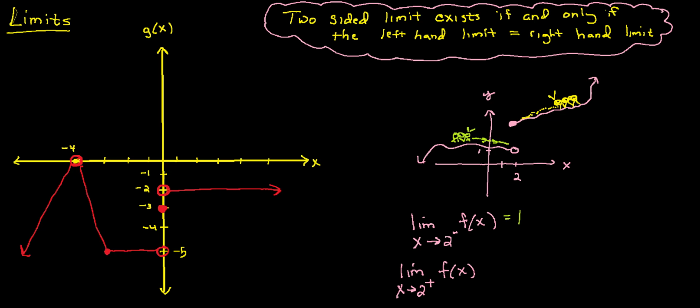As x approaches 2, what is my y value? Well, it's certainly not 1. There's a big jump here. I don't know what the y value is. It's kind of a made-up graph. Maybe that's a 3. So this little ant coming in from the positive side, that y coordinate would be 3. So you can see when we come in from the left-hand side or the right-hand side, we're getting very different answers. And so in this case, we would say the two-sided limit does not